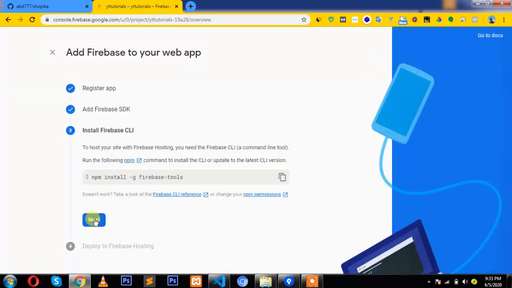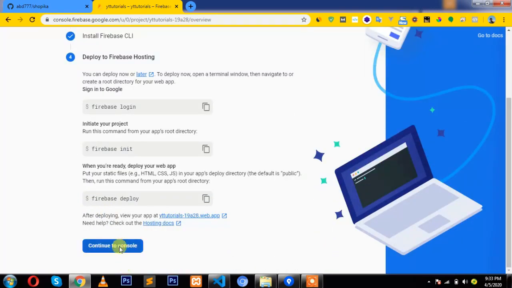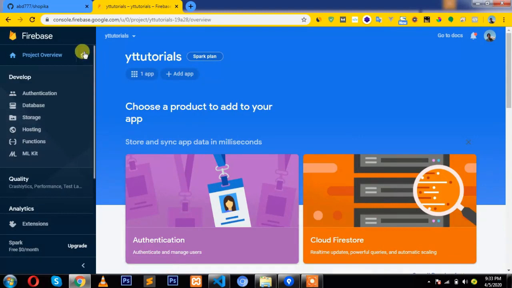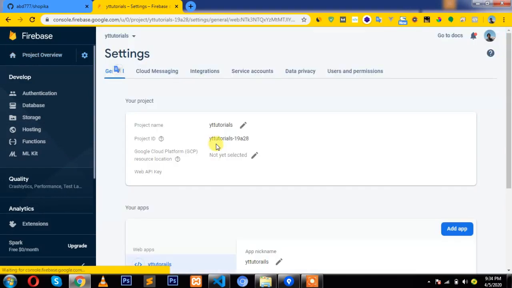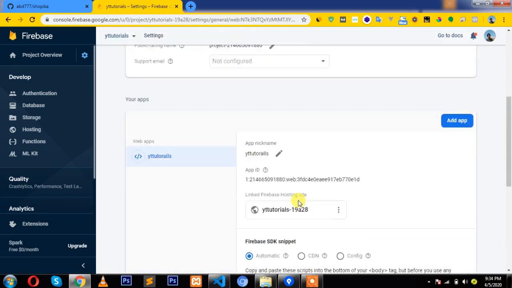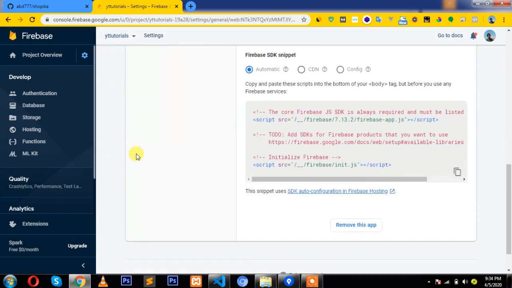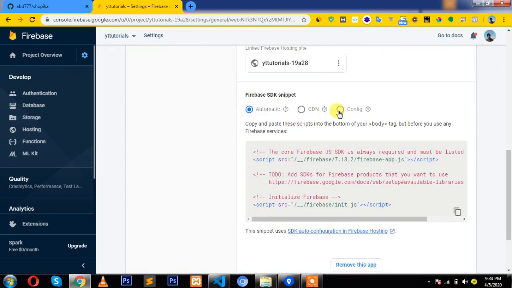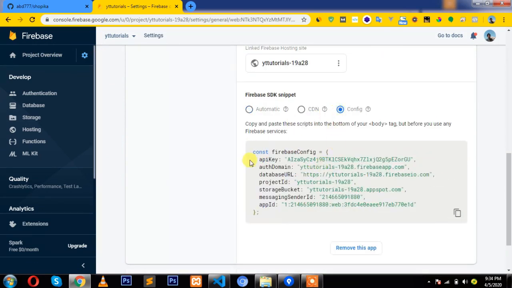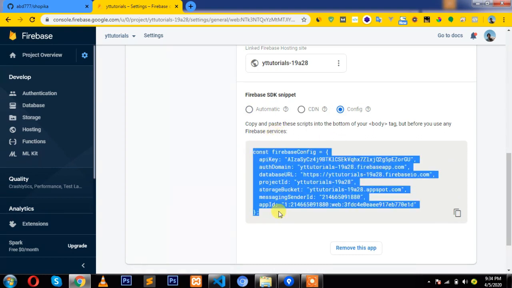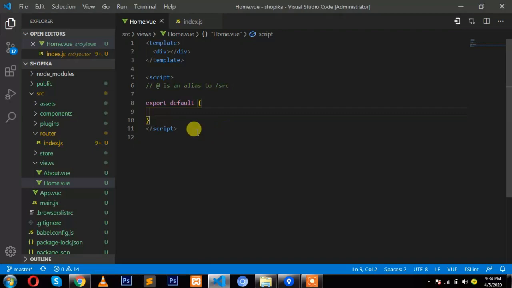Going next. Okay, next, and just simply going next. So now we have one application in. We simply need credentials to actually use it. We can find it here in project settings, and then going below we have configurations, and just simply copy all these things